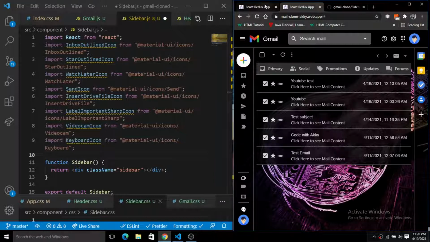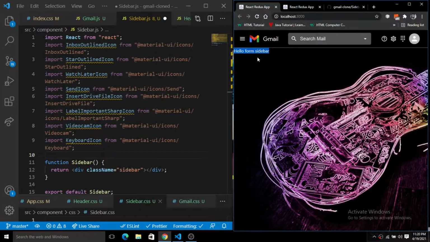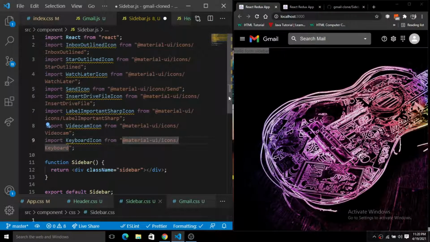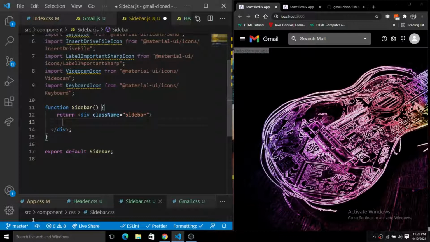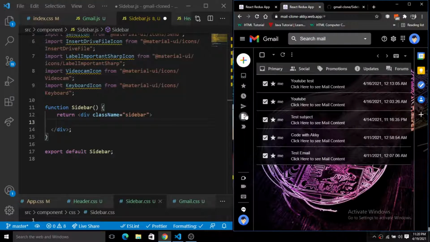So let's go back to the deployed version here. We have this hello from the sidebar. So we have removed this hard-coded text, and now it's time to do real coding inside of sidebar.css, sorry, sidebar.js, right? If you look at the deployed version here, we can simply bifurcate this sidebar in two parts, the sidebar top and the sidebar bottom, right?